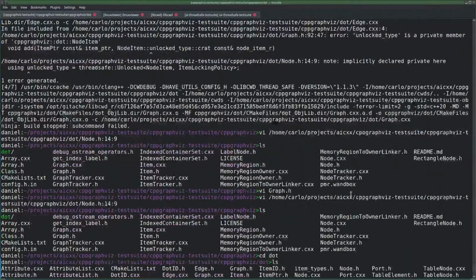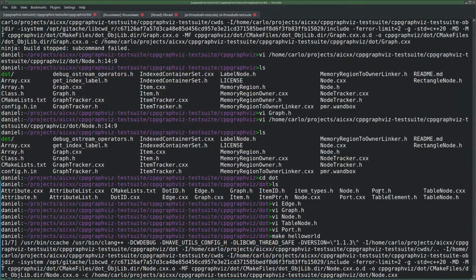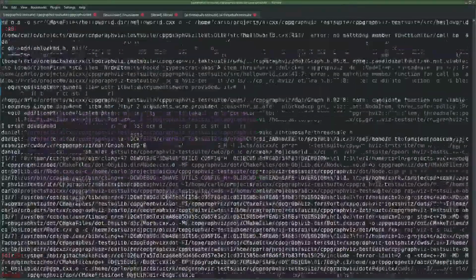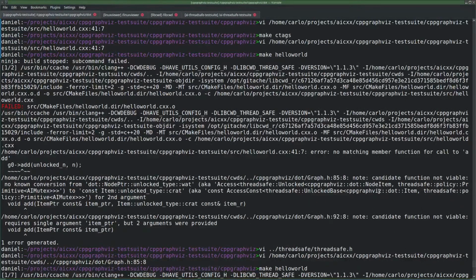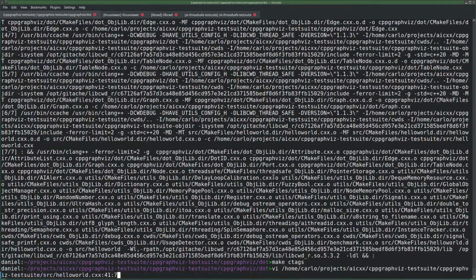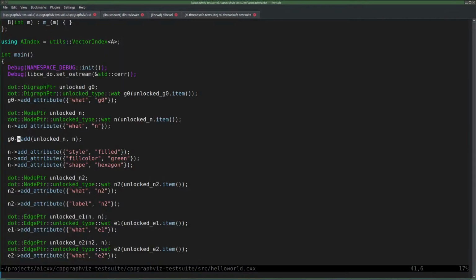I have no clue what's going on. Why? This is suddenly gone away, or did I add a new add? I think I added a new add, didn't I? So that was actually the thing that fixed it.